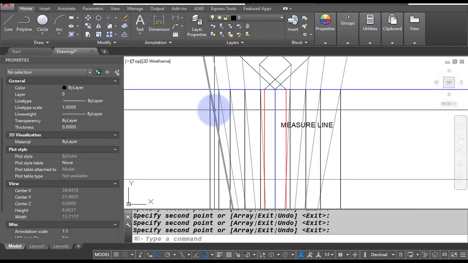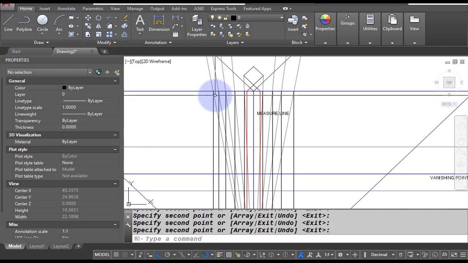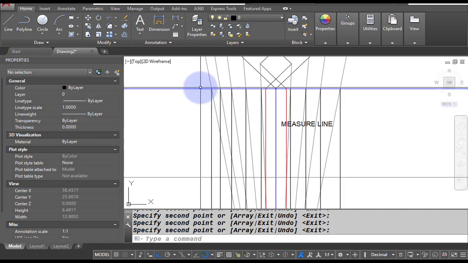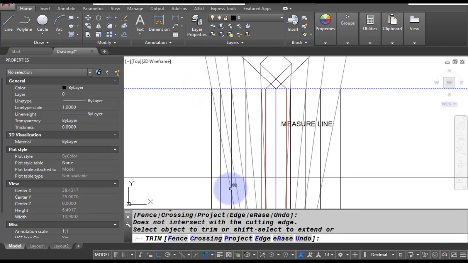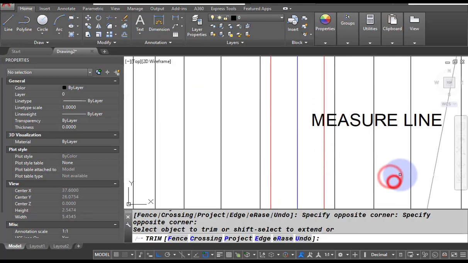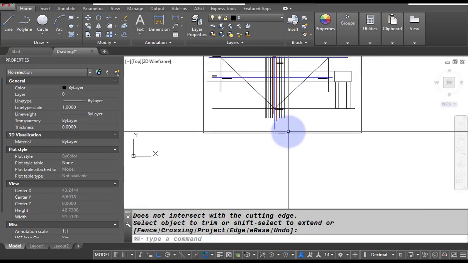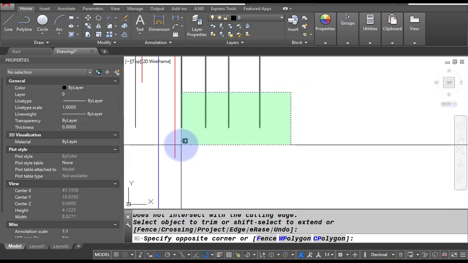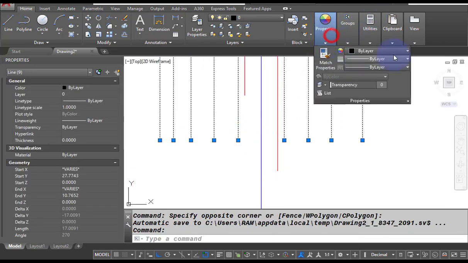If you wish, you can remove all these lines, but if you keep them, you can also keep them as they are. Right now, for your clarity, I am trimming all these lines, because those lines are required only to take the vertical projections, and all these vertical lines I am going to change to a very light color.